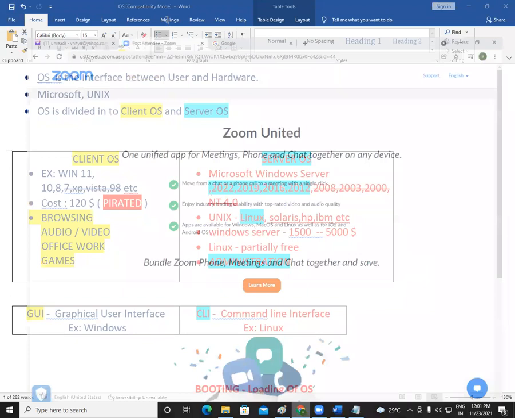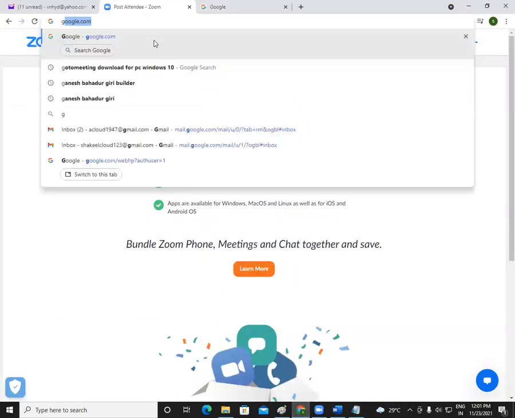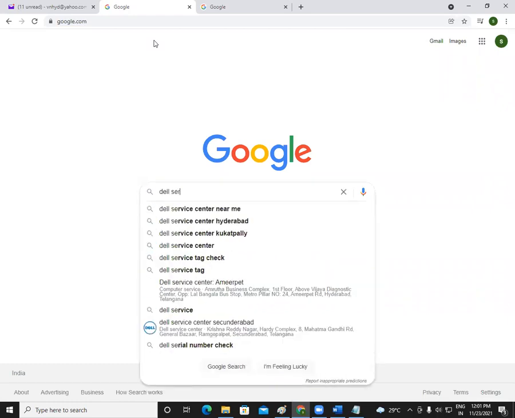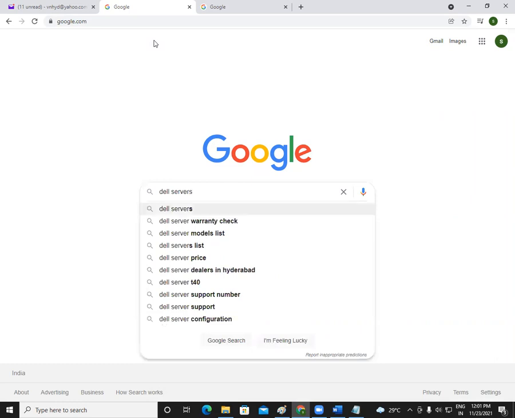See, last time, remember I showed you in yesterday's class many servers. Let me show you some more servers here. Dell servers. Most people will use Dell computers or Dell laptops. Right now, I'm using a Dell computer here, a computer designed by the Dell company. Maybe you're using a Dell laptop, maybe someone is using an HP laptop, maybe a Toshiba or a Lenovo laptop. So the companies that manufacture your laptops and computers, the same companies manufacture your servers actually.